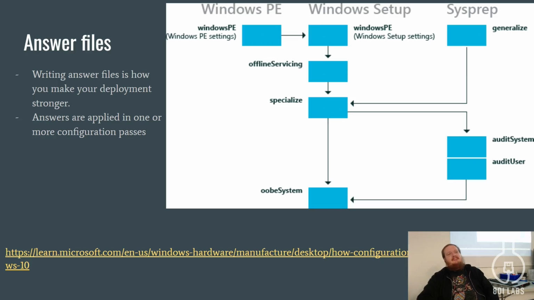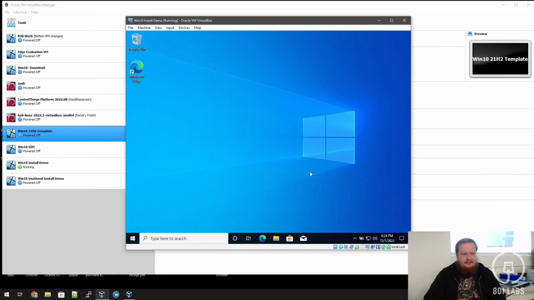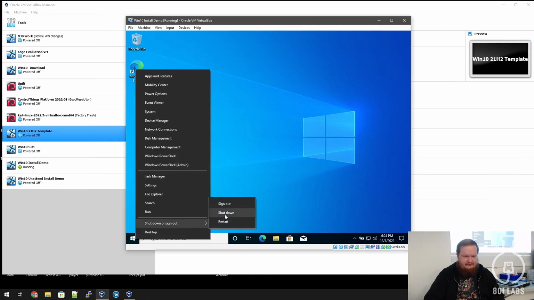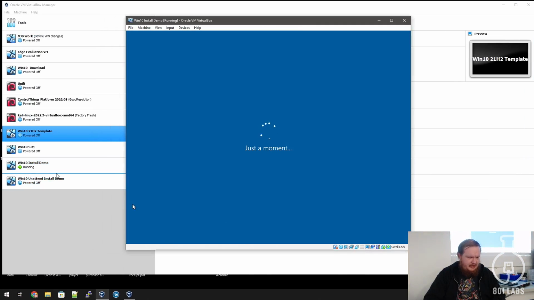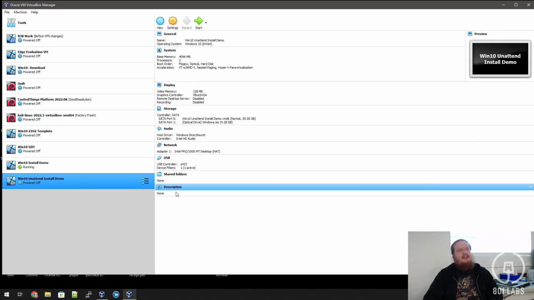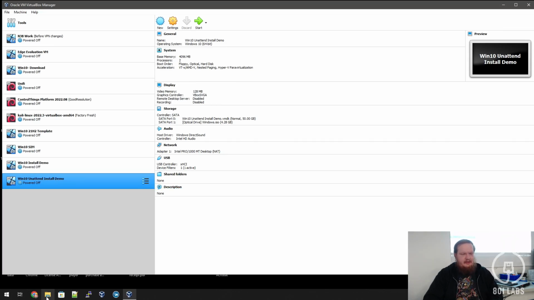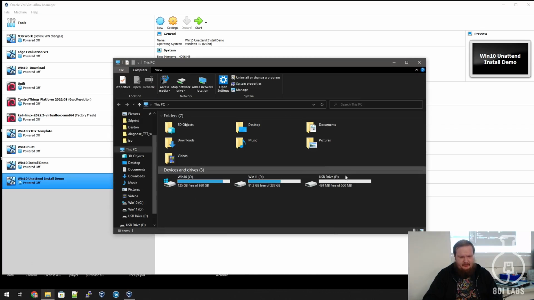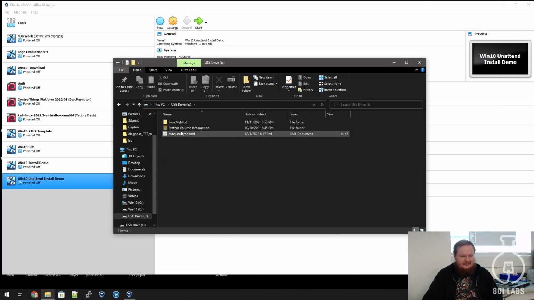So then it'll basically do an unattended Windows installation where you don't have to touch anything. Oh, sweet. So there's a few different ways to do it, but I will get this running so it can go in the background while I talk about stuff. So I have this unattended install demo ready, and the way that I have this set up is I just have the Windows ISO ready to go on it, and then I also have a thumb drive here, and the thumb drive has this file called